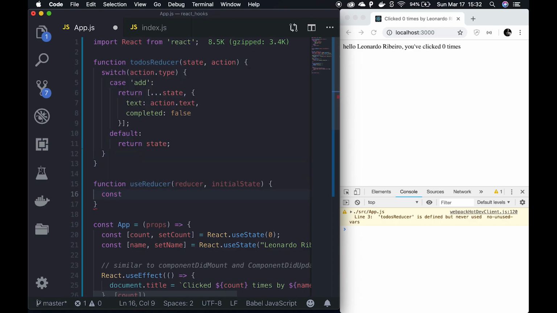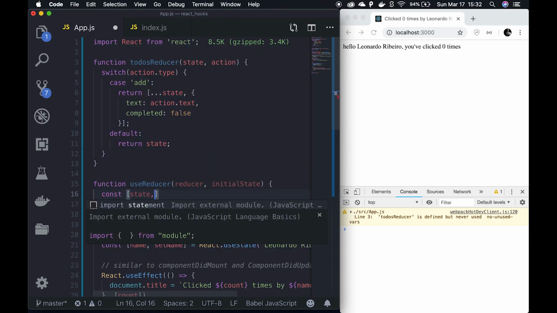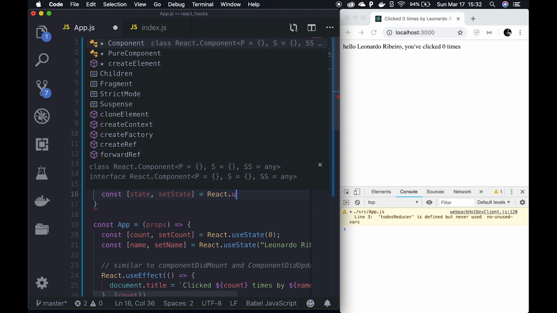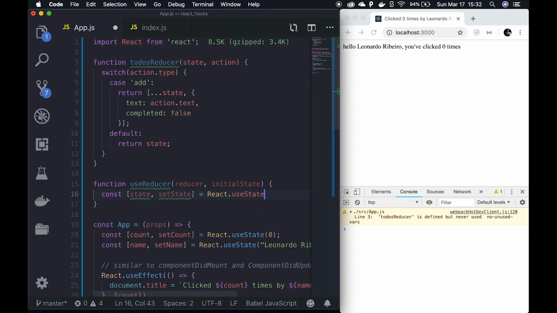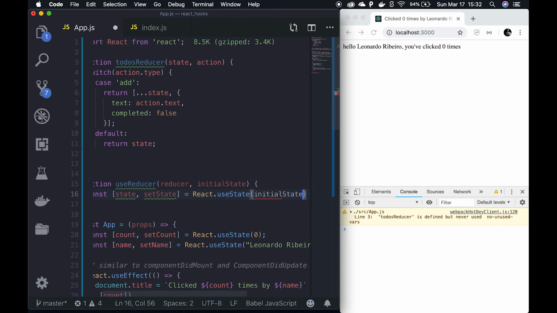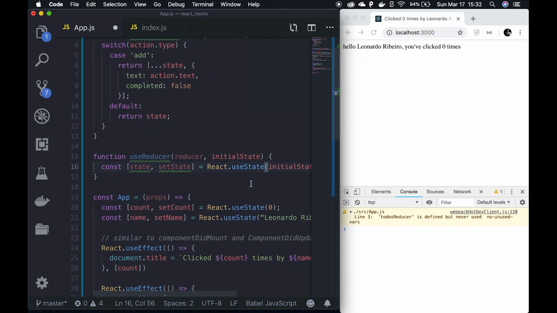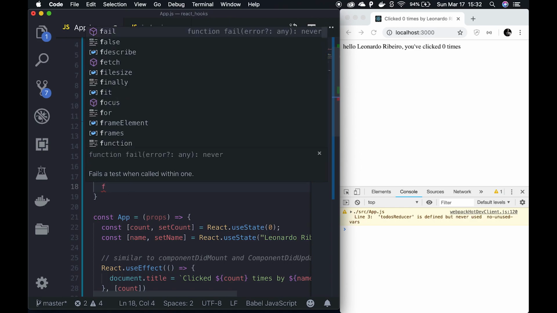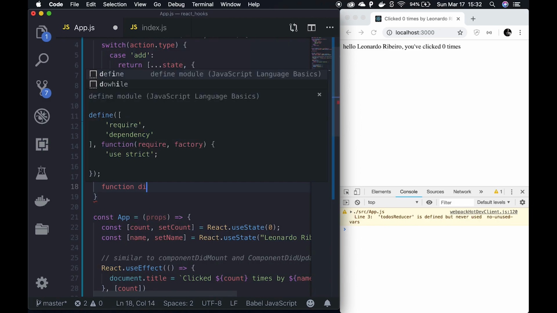Then we would declare our state and set state from react useState, and inside of this useState we would get our initial state right here. Then inside of this hook we would also create a new function called dispatch,